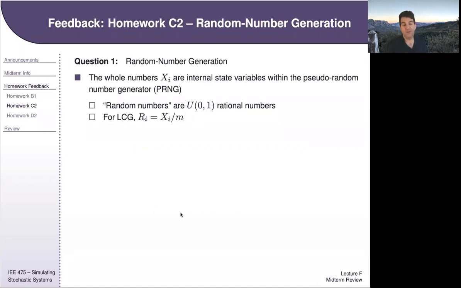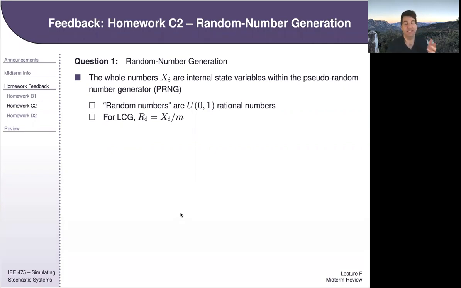All right, other things. Moving into homework C2, definitely know how to generate random numbers. I definitely could ask you to generate a couple of random numbers. I might give you an LCG. I'm not going to ask you to do the middle square method or anything like that, but I definitely could say, generate 5 numbers in sequence, starting with this seed of a linear congruential generator with this multiplier, this increment,